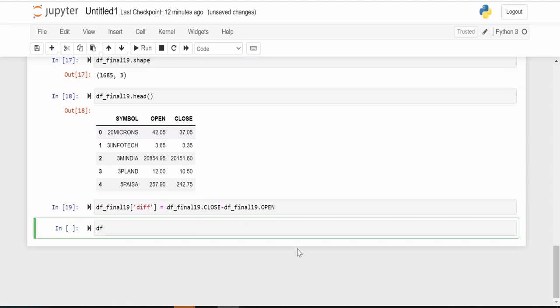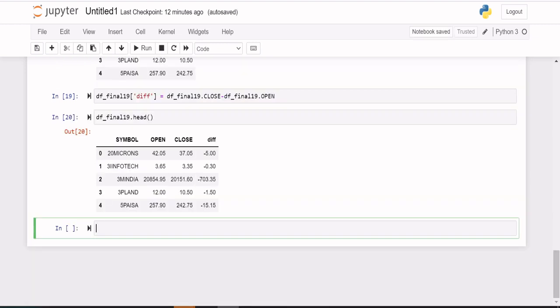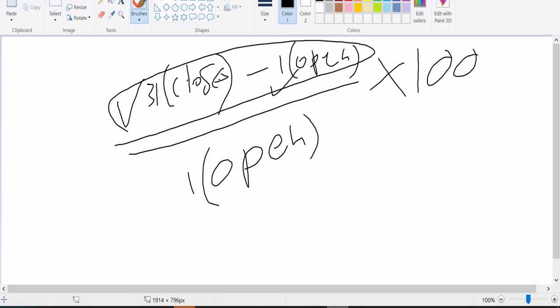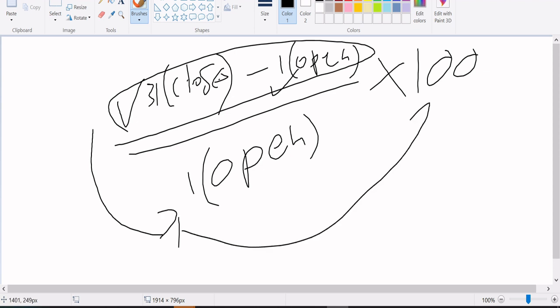So now if you look again at the first 5 rows of the data frame, you will have a new column called diff. Now let me calculate the percentage. The percentage is diff by open price into 100.